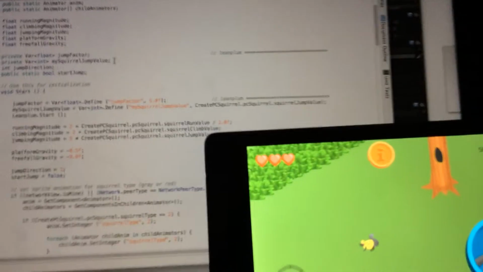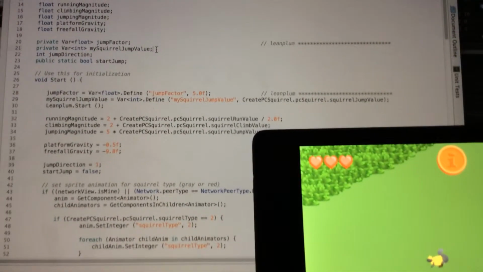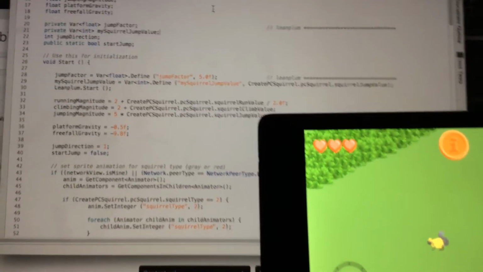And again, apologies for the shaky camera. I'm trying to get it steady here. All right, and then